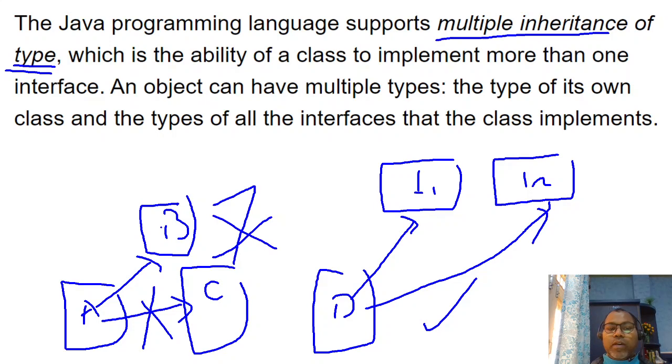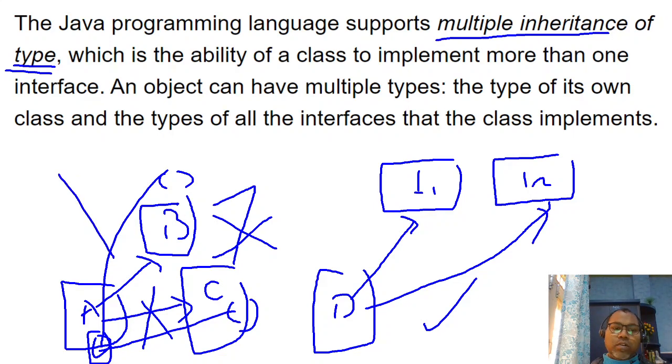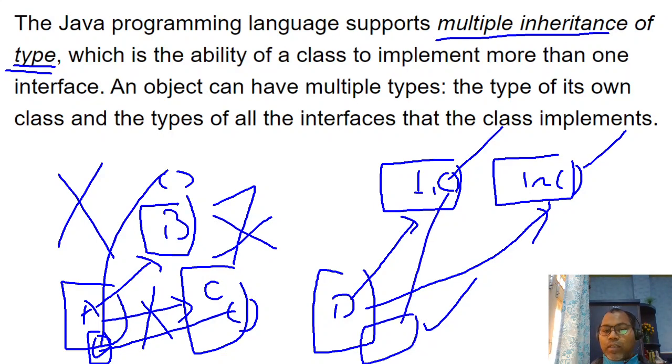Why? If some method is defined here and some method is defined here, this class doesn't know whether it is inherited from this or from this. This is ambiguity, so Java does not support it. If the same method is defined here and the same method is defined here, this is just the signature, with no method body. Okay, so here you can define the same method for both.